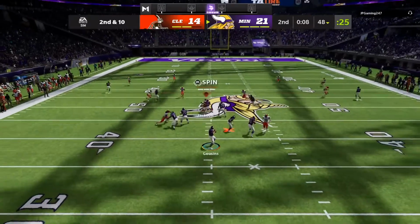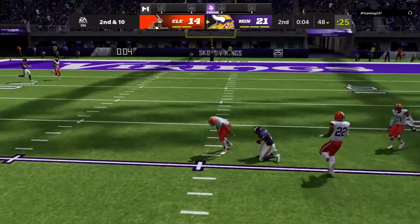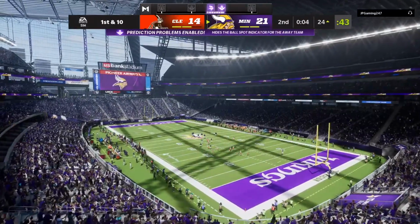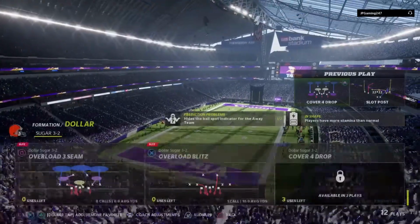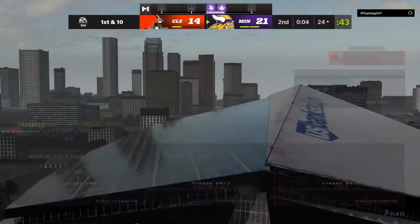To throw once more on 2nd and 10. Cousins. That is caught. Westbrook's got it. 4 seconds left, and there's the timeout. In field goal range and a chance to tack on 3 before intermission. And now we'll get a late timeout as it comes in the waning moments of quarter number 2. Greg